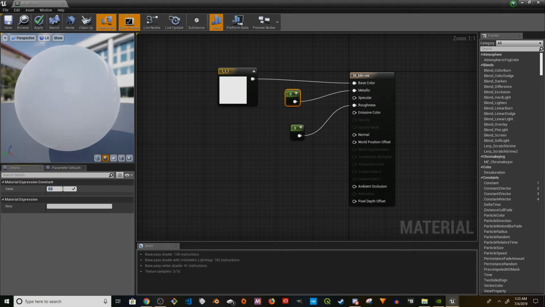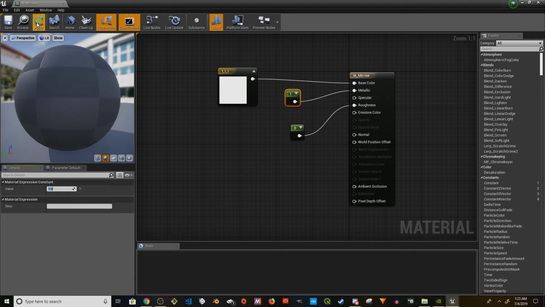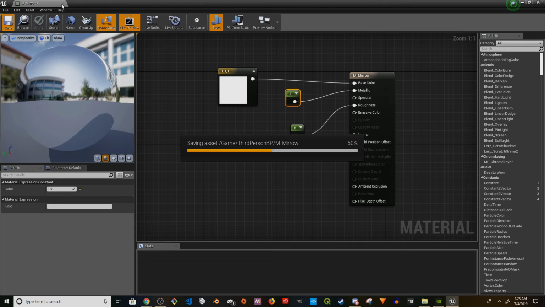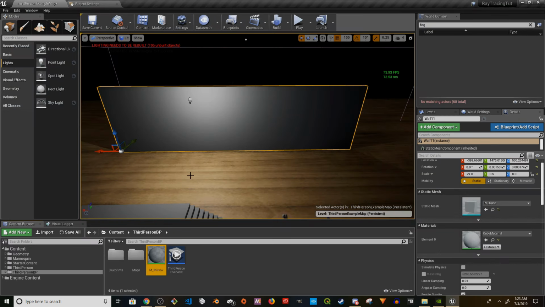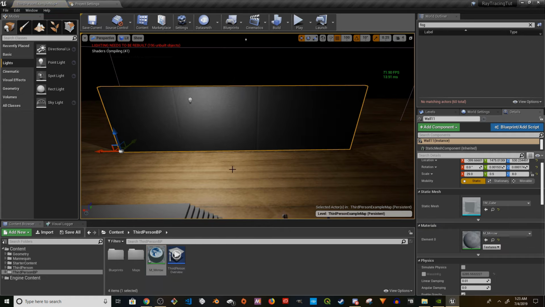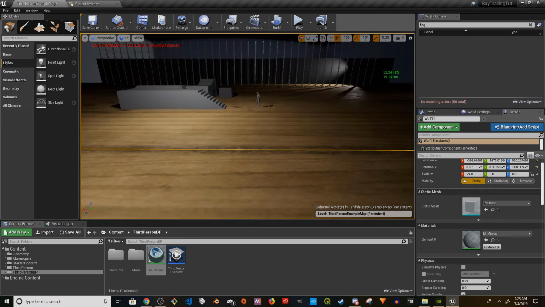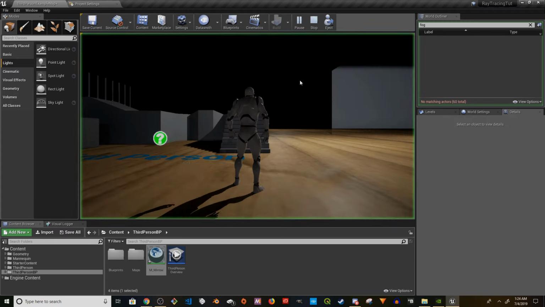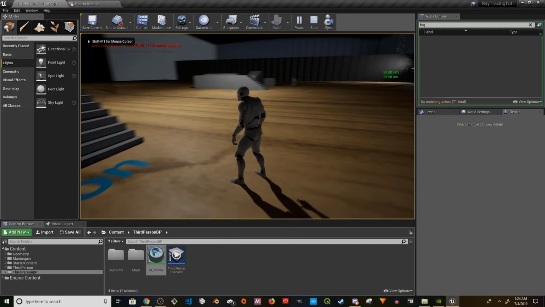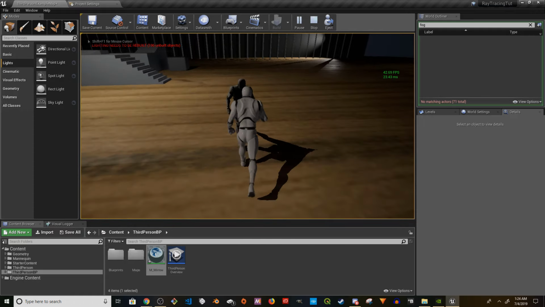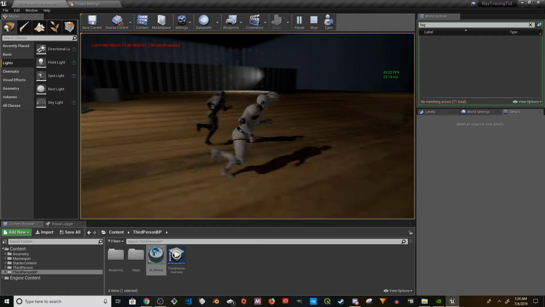Metallic is going to be 1. I'm going to apply and save. And I'm going to drag the new material to the wall. There you go. We should have something mirror, and we should be able to see the